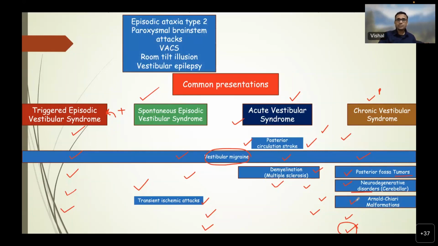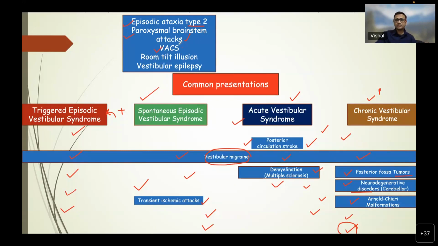deficiency. Episodic ataxia type 2 can present like migraine, but the patients have some typical features, and they can present with ataxia. Paroxysmal brainstem attacks can happen in patients with a past history of stroke or past history of demyelination. The patients can have paroxysmal brainstem attacks. I have some cases. If time permits, I'll present that. Then